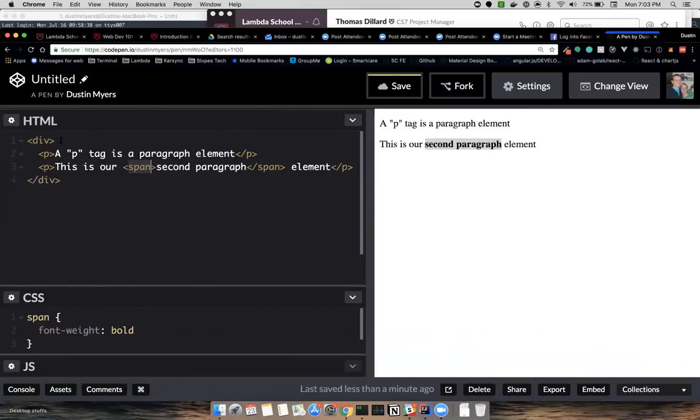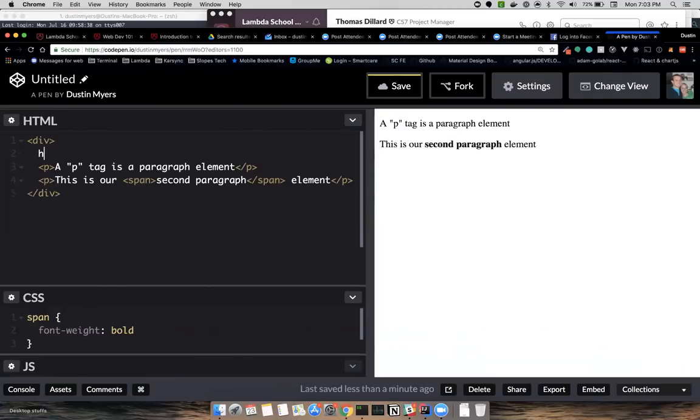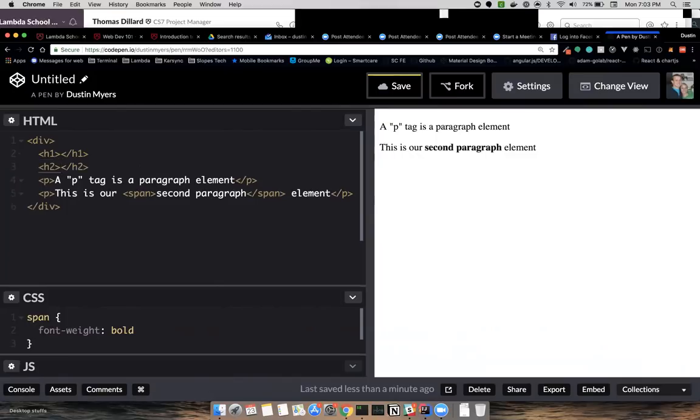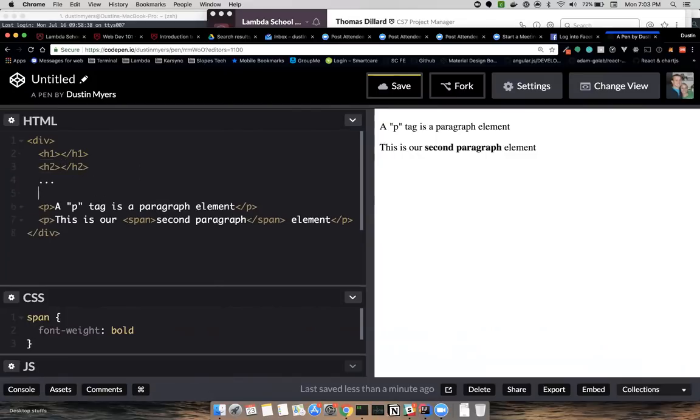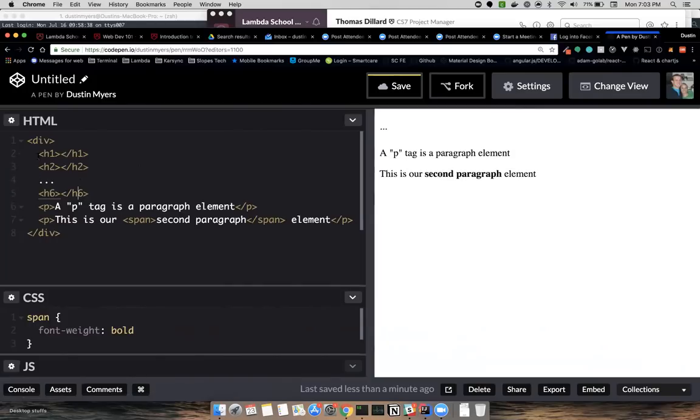There are also some really good header elements that we can define. They go like this, all the way down to H6. We're going to see ellipses in our code up here, but that's okay. So we have 6 different header elements that we can use. The H1 stands for header 1, H2 is header 2, we've got header 3, header 4, header 5, all the way down to H6.